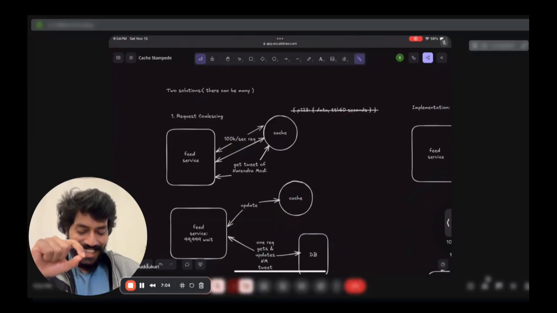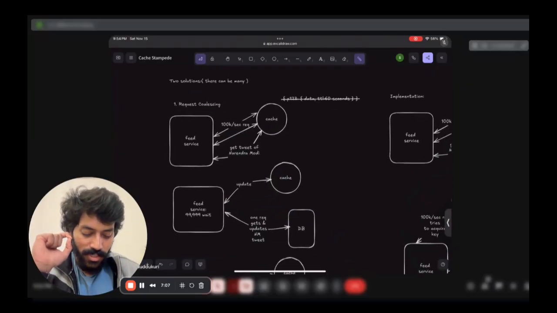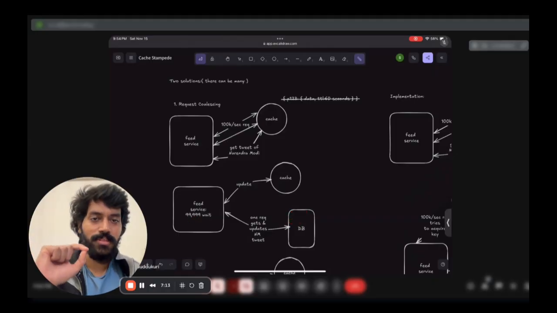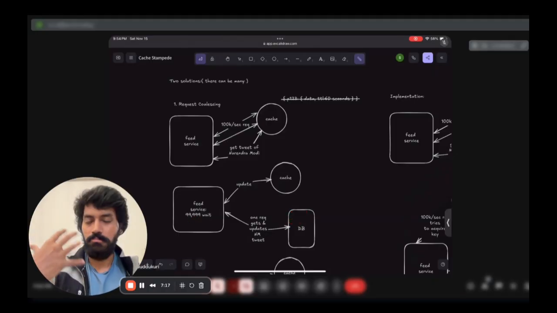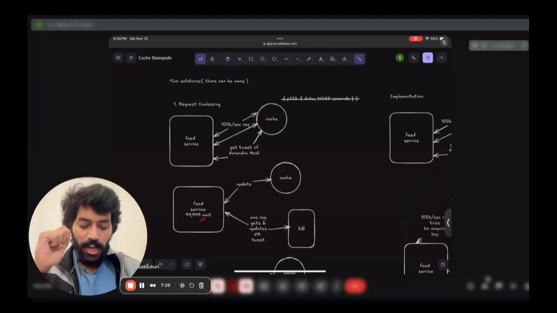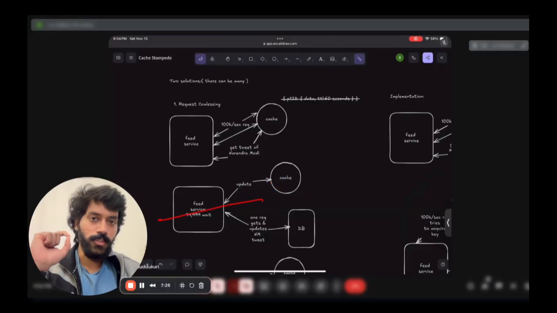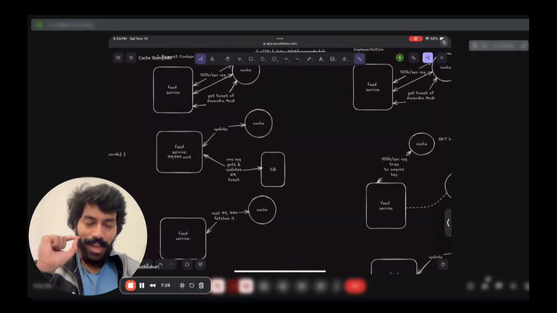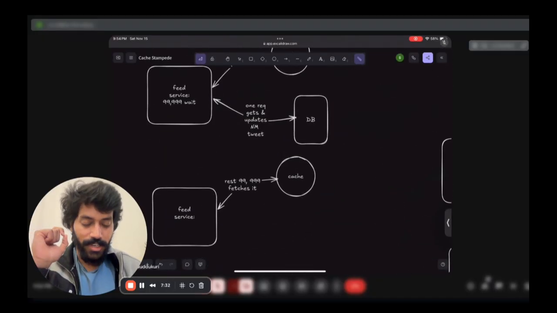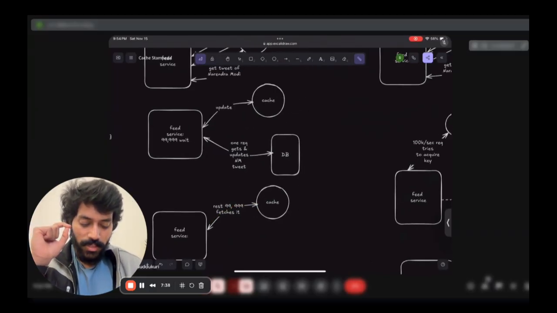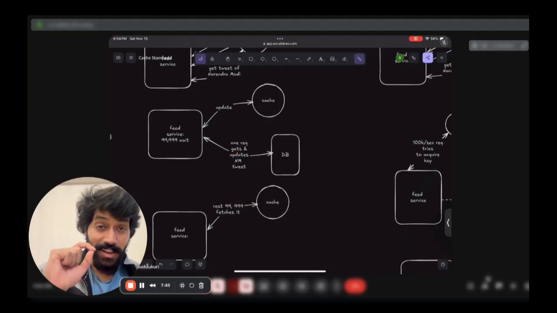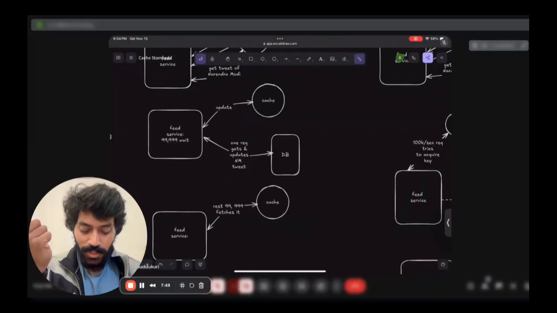What this technique says is that instead of sending all 100,000 requests to the database, you keep 99,999 requests in your server, whatever server, you hold them, and only one request heads to the database, updates the cache, and returns back to the user. After some timeout, the rest of the 99,999 requests will go to the cache, and since this request already updated the data in the cache, these 99,999 requests